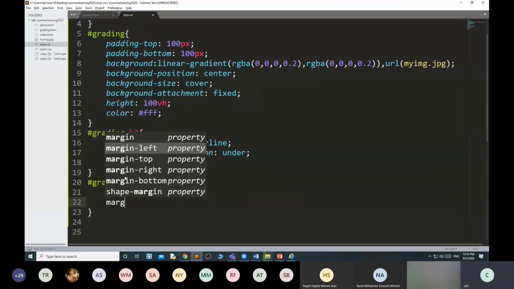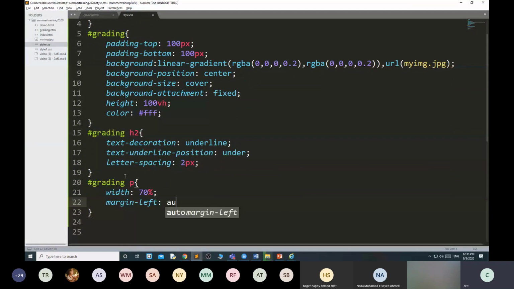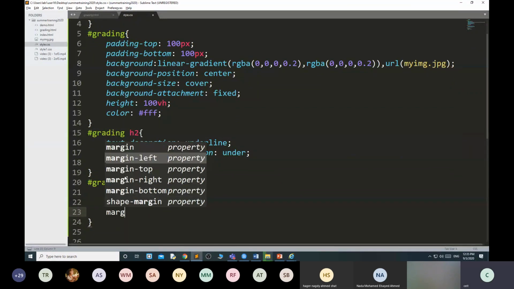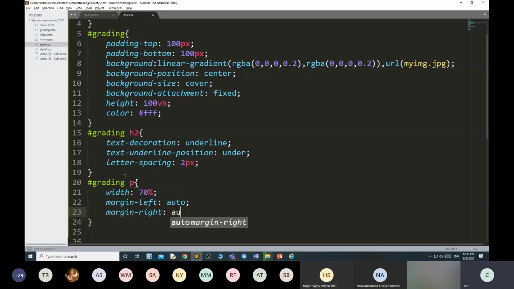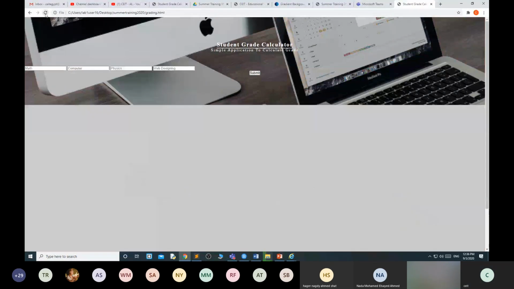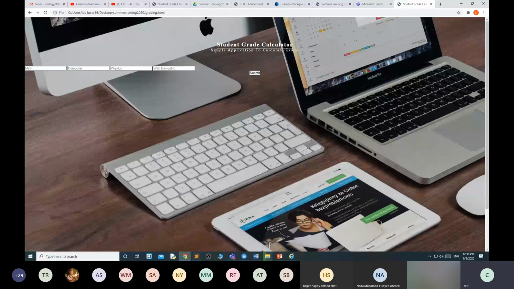Then margin left auto, margin right auto, then padding bottom 3% and letter spacing 3 pixel. See, the letter spacing is 3 pixel and this is the paragraph. It means we have designed the paragraph and H2.